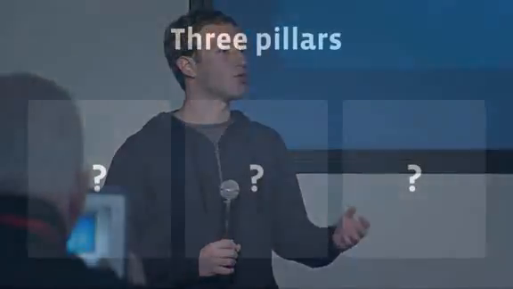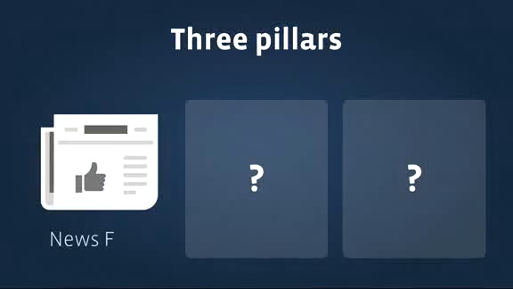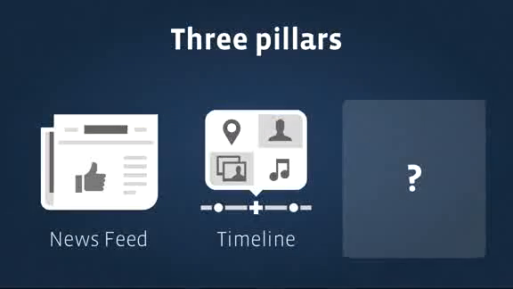So the first query that is really common that a lot of people want to do is they want to know what's going on with the people around them, what's going on in the world. And that's Newsfeed, right? The content on this page is really the answer to the query, what is going on with the world around you. Another really common query that people want to do is, who is this person? Tell me their story. Tell me something about them. And that's timeline. So those are the first two pillars of the Facebook product ecosystem. And today we're going to talk about the third.